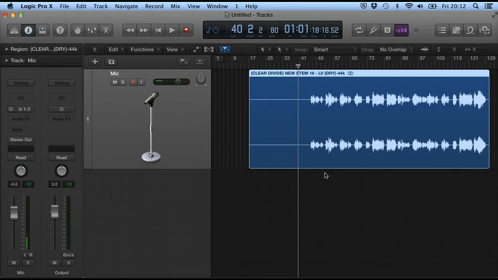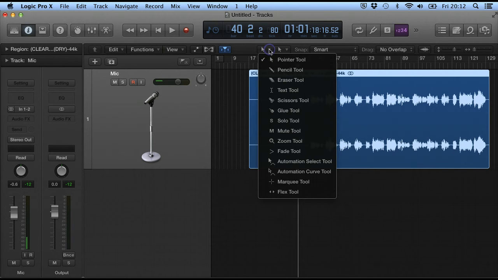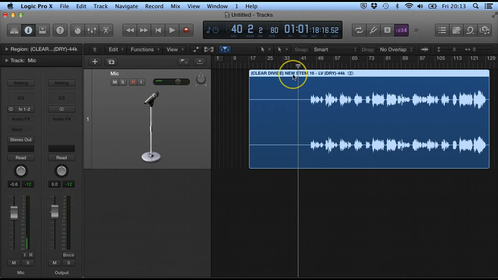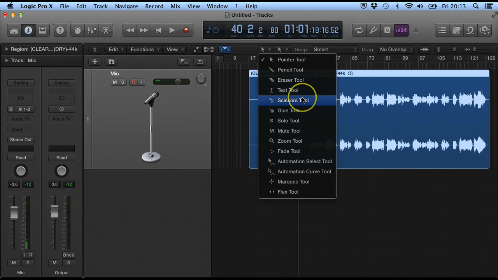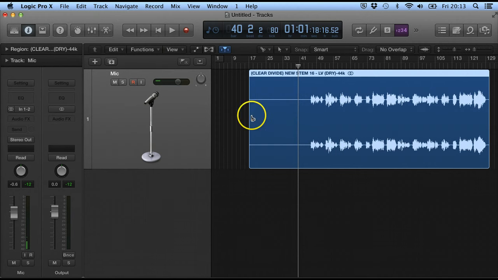So if we wanted to do some basic editing on that, we can use these two sections there. If we click on this first one, this gives us a number of tools which we can operate with our left click. The default one is pointer, which we've used just now. We've got things like pencil, eraser, scissors and glue, various other things like that, a mute tool, for example. So we'll set this one up as scissors,